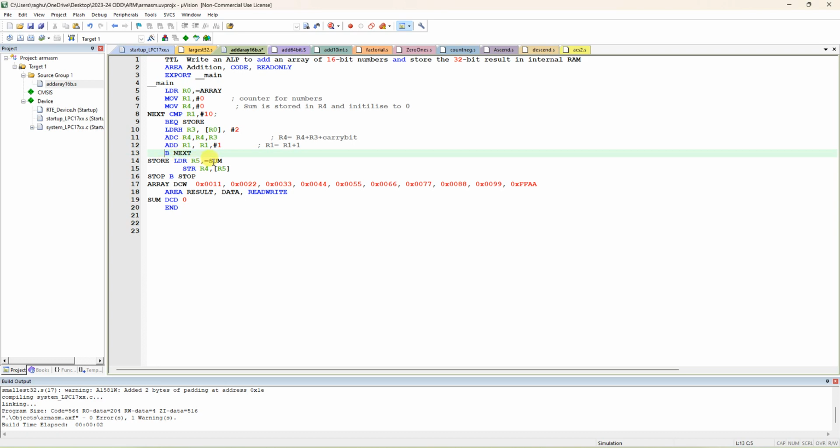That means you have to load the sum value to the R5 location, which is loaded with the address of sum, and you have to store the R4 sum value into this location, and you have to stop. Stop, B stop, means it will repeat infinitely here only. Okay. So next time it will take the new value of the word into R3 and increment by 2. Why it is 2 means, since we are loading half word, next half word is